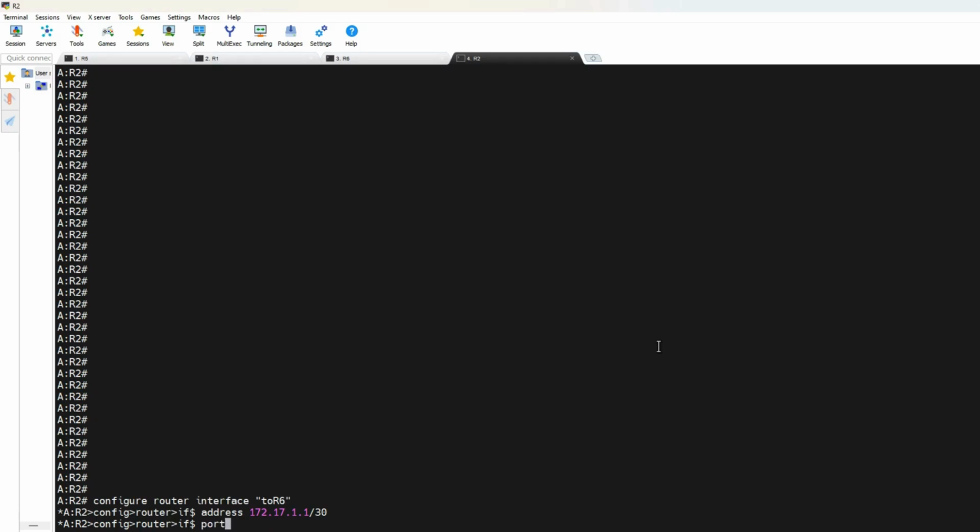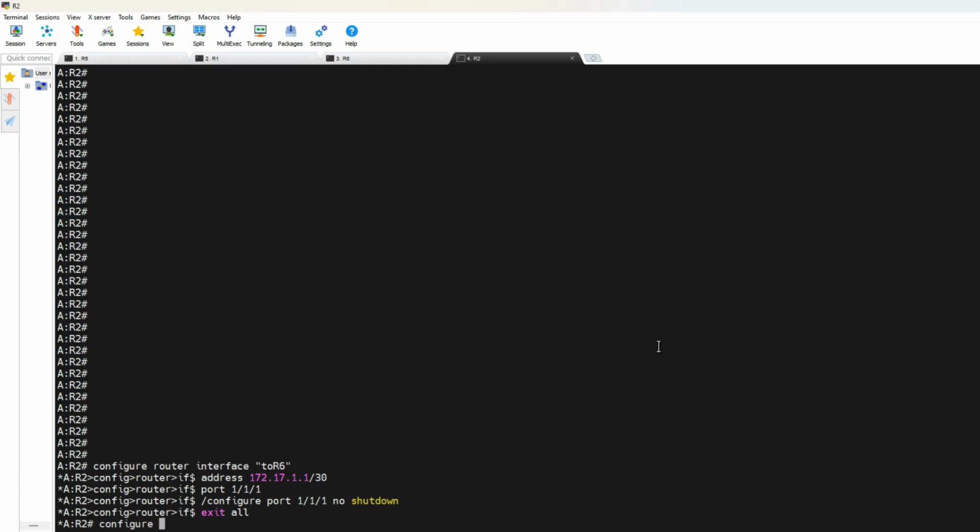Our port is 1/1/1. We need to go and unshut that port, so /configure port 1/1/1, no shut. Hit return, exit all,